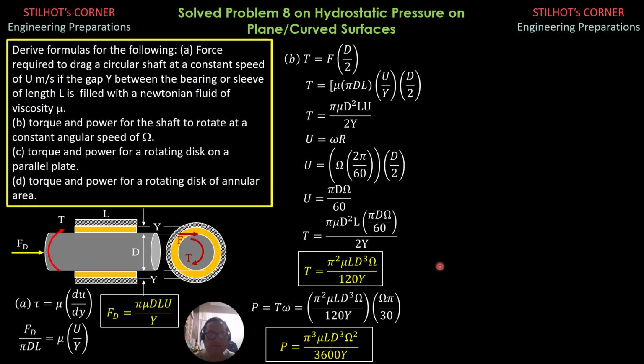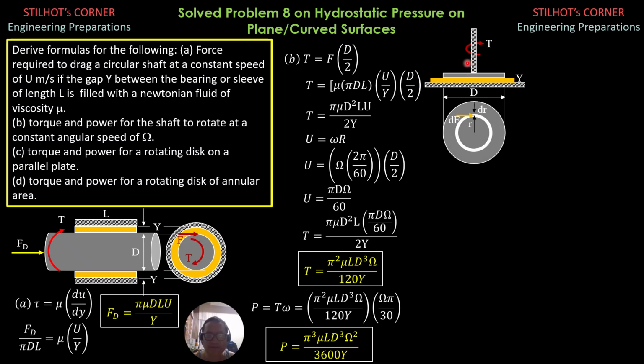Let's proceed to the rotating disc. So this is the figure. This is the rotating disc. The force is not constant, so it is changing. So at distance r from the center of the disc, I'll call the force the differential force. It acts over or tangent to this annular area of radius r and thickness dr.